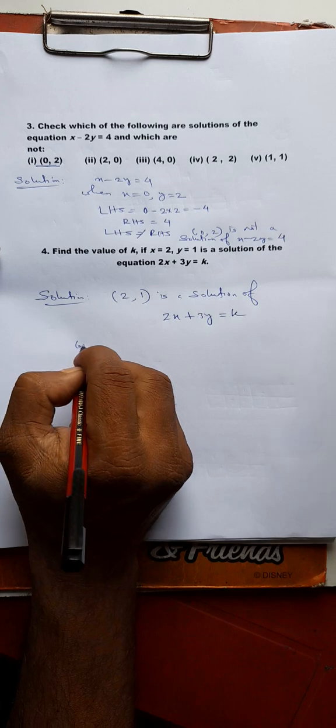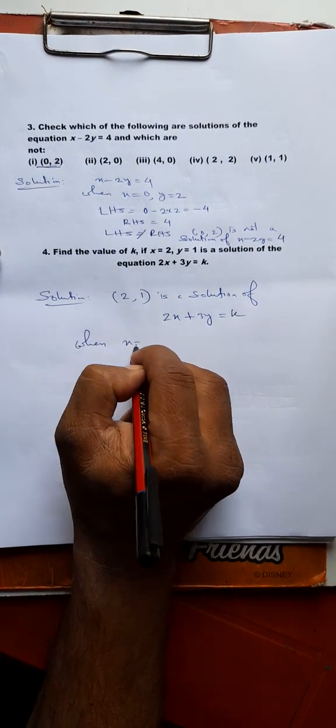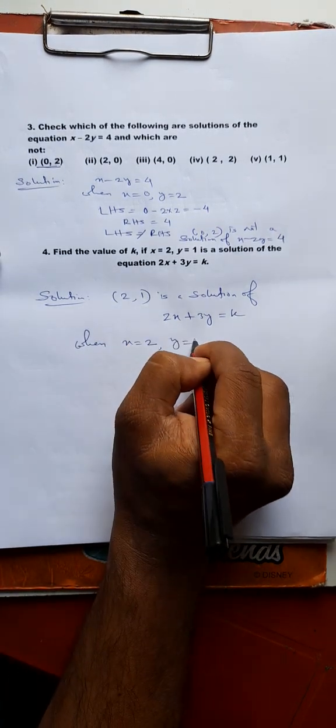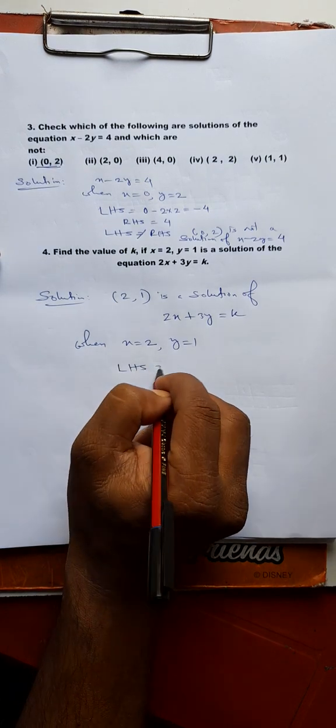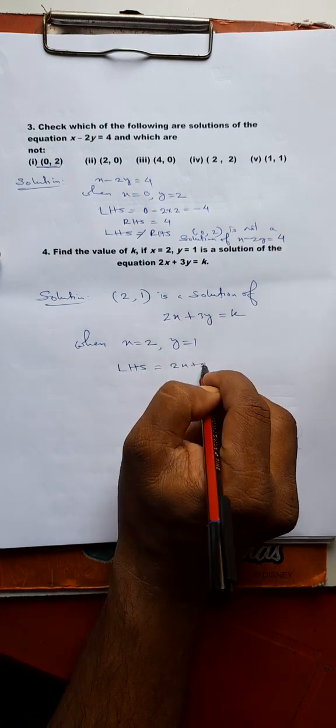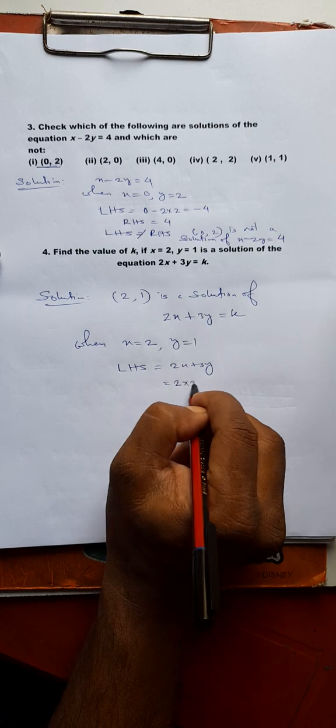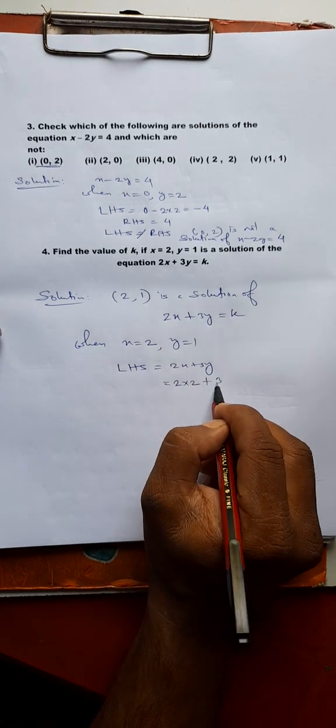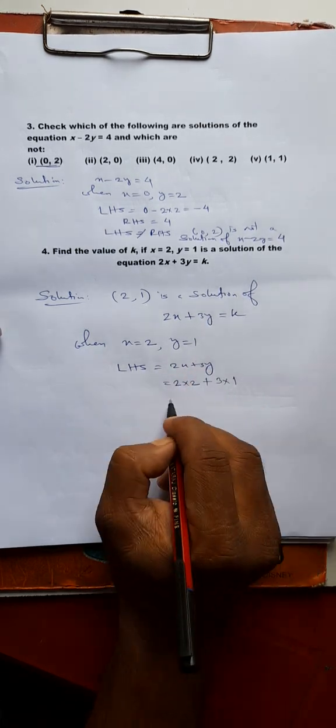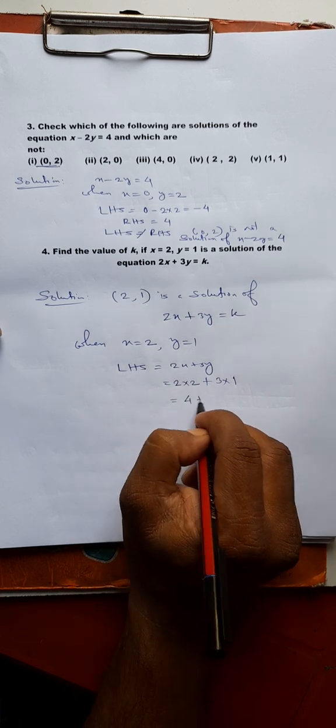This pair is a solution of this equation. Now when x equal to 2, y equal to 1, left hand side equal to twice x plus 3y, 2 into 2, 3 into 1, so 4 plus 3 equal